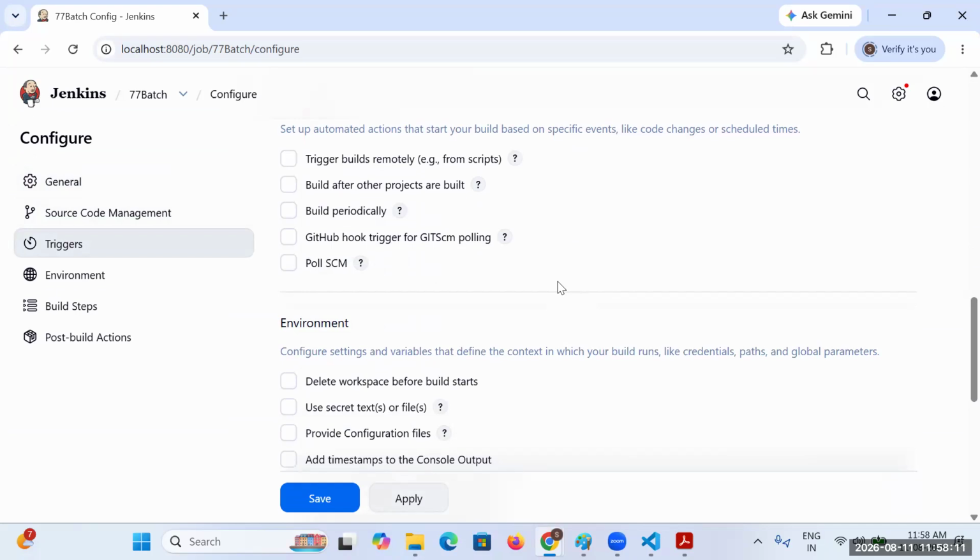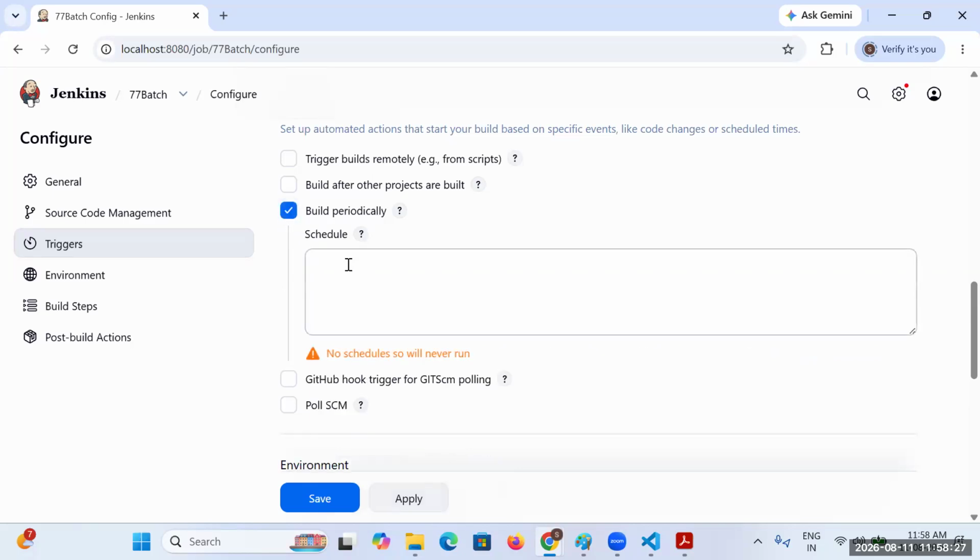Based on that time, we have to provide it. So how exactly we can provide that time is with build periodically.